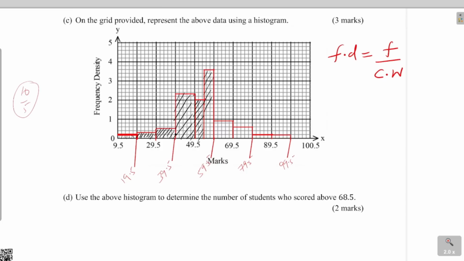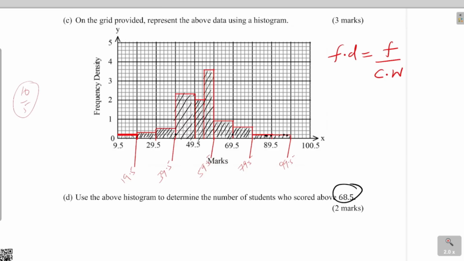So these are the bars. That is the histogram that you need to graph. Now after you've done that, part D, use the above histogram to determine the number of students who scored